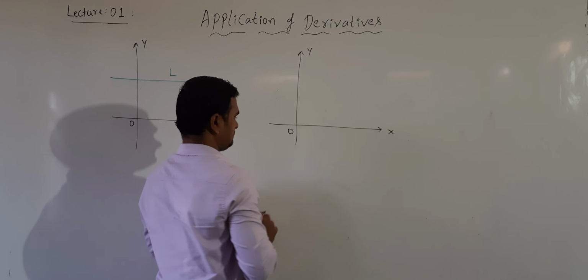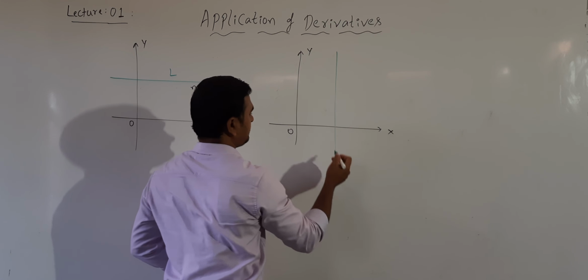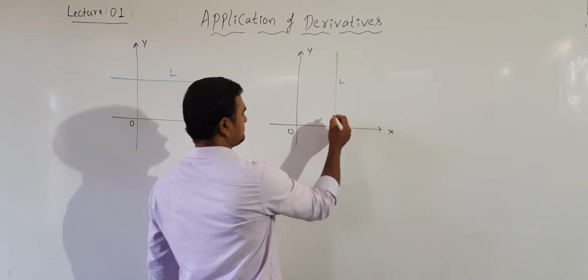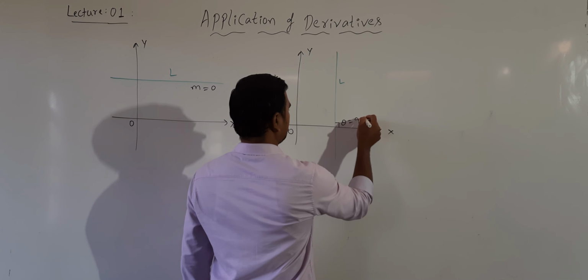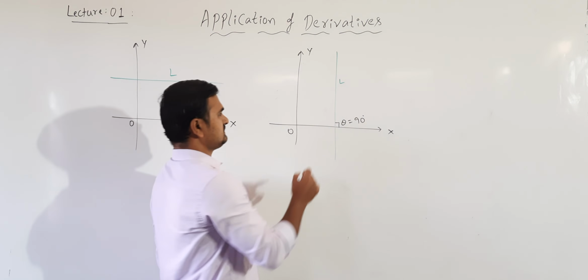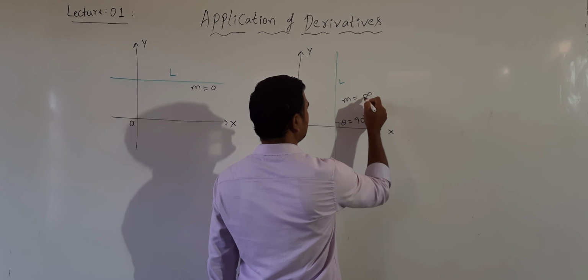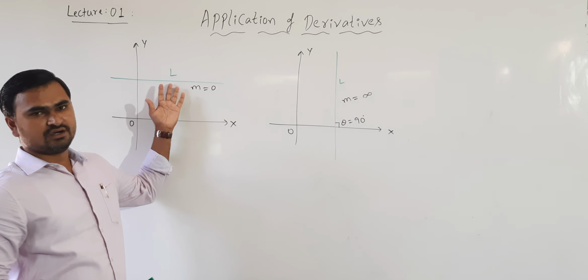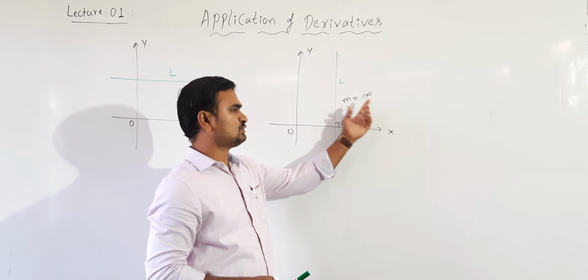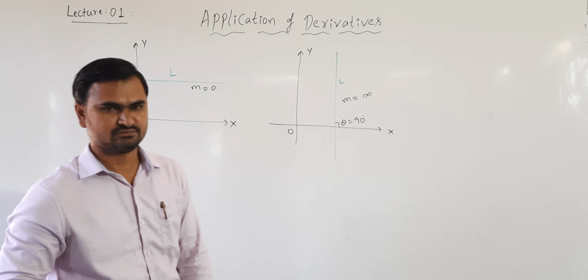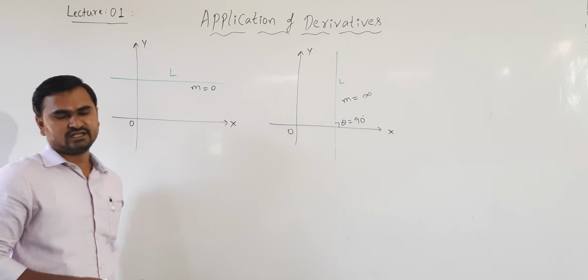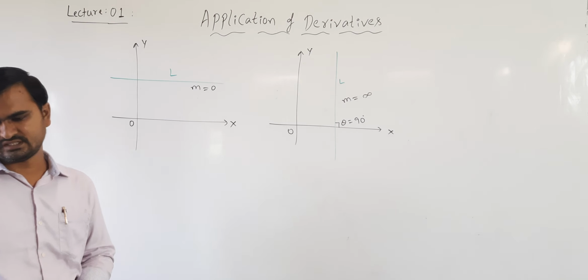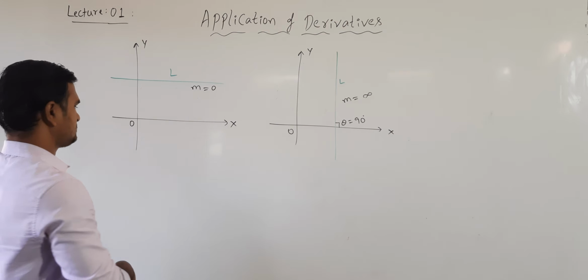If the line is vertical or line is parallel to y-axis or you can say perpendicular to x-axis. Now in this case theta is 90 degrees or pi by 2 radians. Now in this case the slope of this line m is undefined or you can say infinite. Okay. So slope of line, if it is horizontal, slope is 0. If it is vertical line, slope is undefined or we can take infinite. Okay. So these are particular cases where the line is horizontal or it is vertical. Okay. So this is about the slope. Next, we will see how to find the equation of straight line.